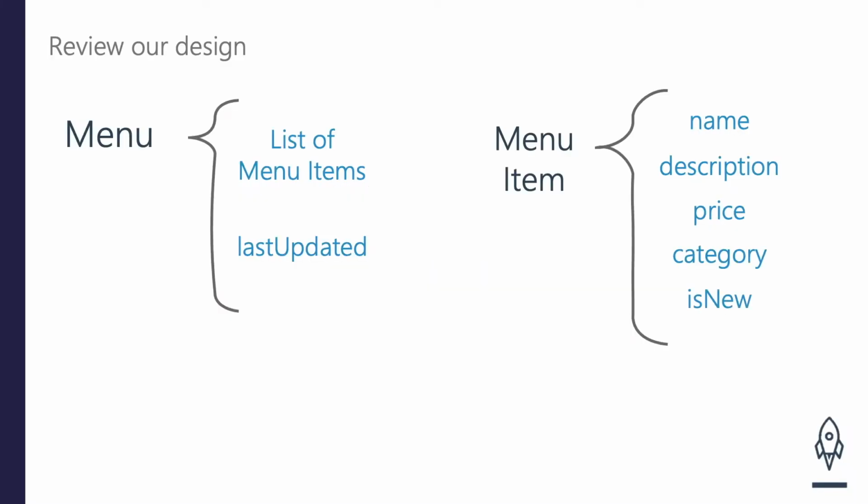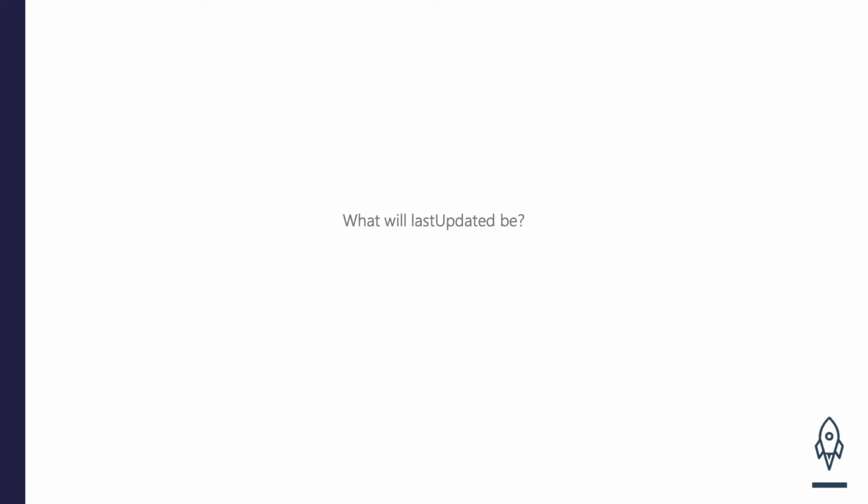Now that menu item is created, let's go ahead and create menu now, where we need to place in that list of menu items as well as the date that it was last updated. Now we keep mentioning last updated in that it should be a date. Now a date can be a string. Technically we can have